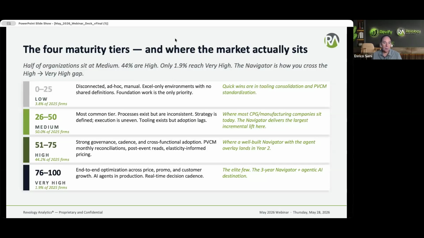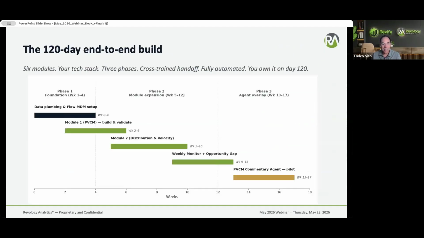The 4 main tiers, these are the ones that Armin mentioned before. As you get the output from the assessment, it will guide you through and tell you where your organization stands compared to the rest. So I won't spend too much time on that. And this is the 120-day plan, laying it out as a timeline based on what Armin and I were explaining earlier